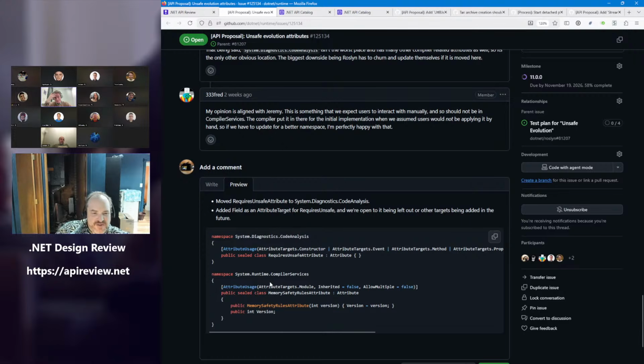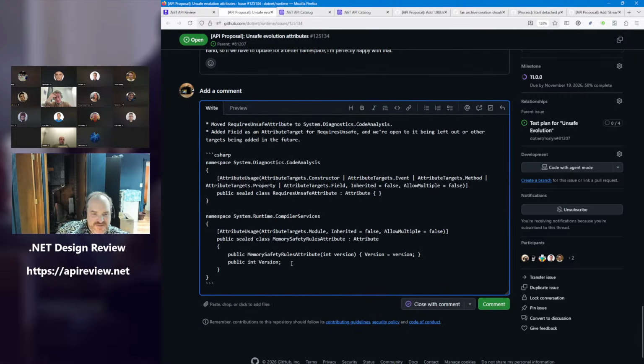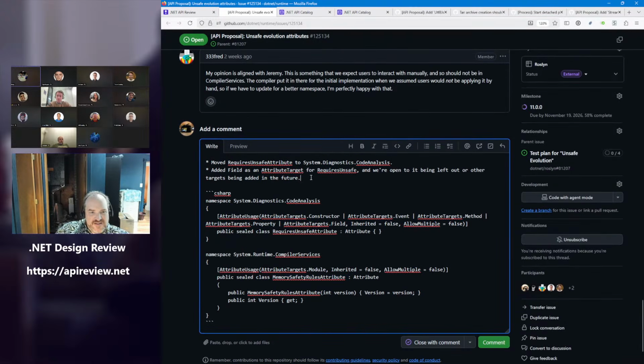On the memory safety rules attribute, I don't think you meant version to be a writable field. Did you mean a get only property? Because it's probably capital and you took it as a constructor parameter. Yeah. The compiler won't read it anyway. We look at the constructor argument. Yeah. So